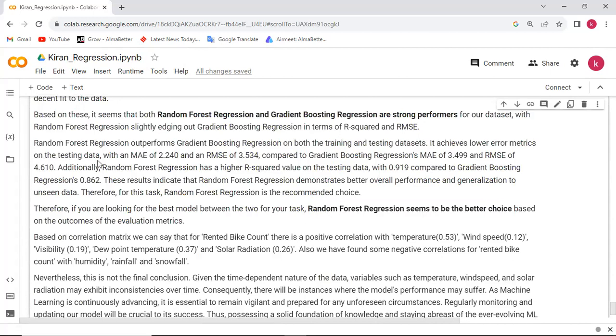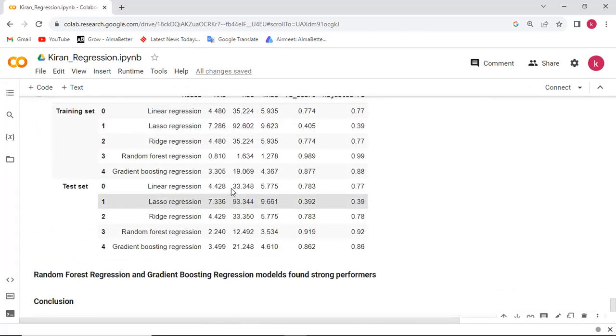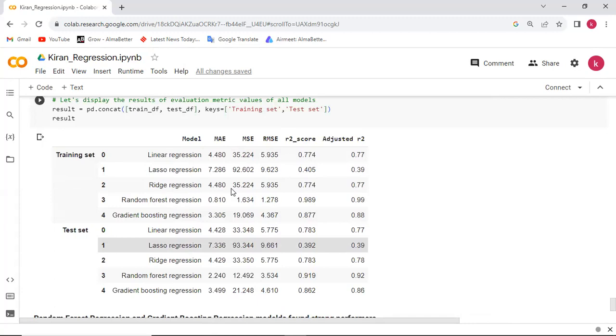Because the error values for random forest are less than for gradient boosting, and the R square value of random forest is higher than gradient boosting. That is why we can recommend the random forest regression model to predict the demand for bike sharing in the city.